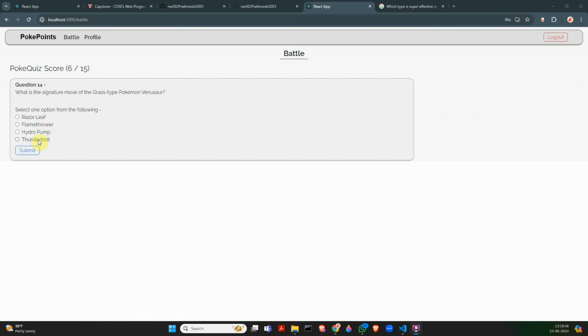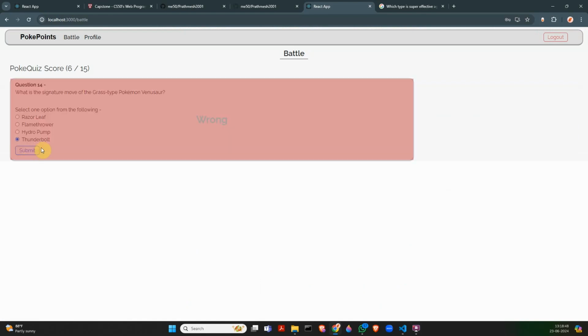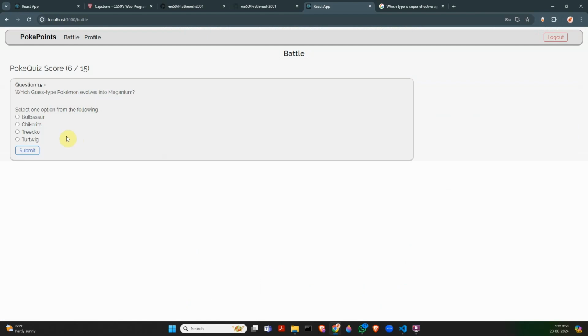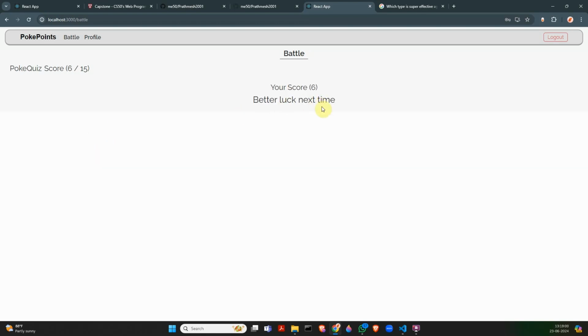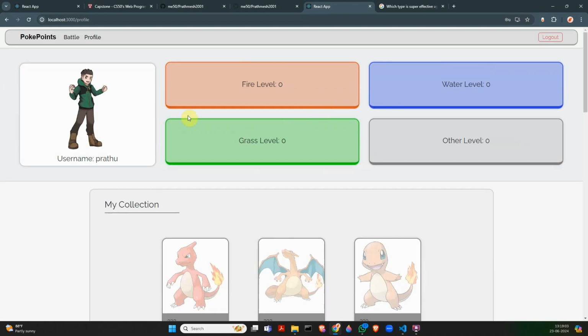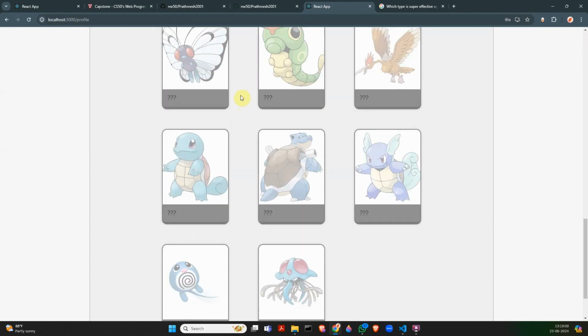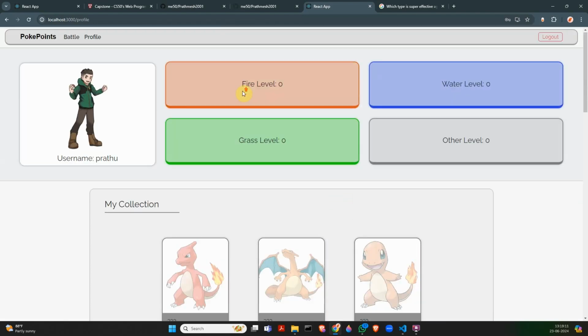So this time I've tried to score less than 7, less than 8 actually, to test out what happens if I fail to pass a quiz. Better luck next time. And you are again teleported to the profile page, and you can see none of the Pokemon were unlocked. So that's how this game